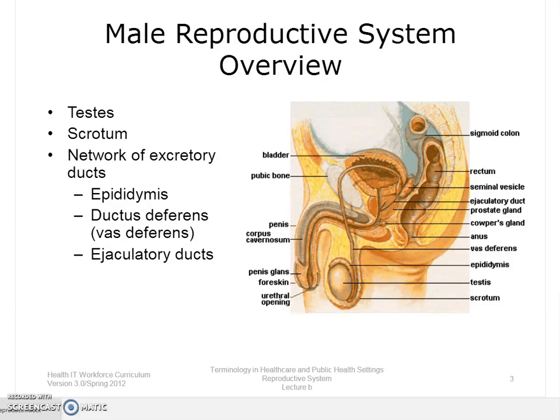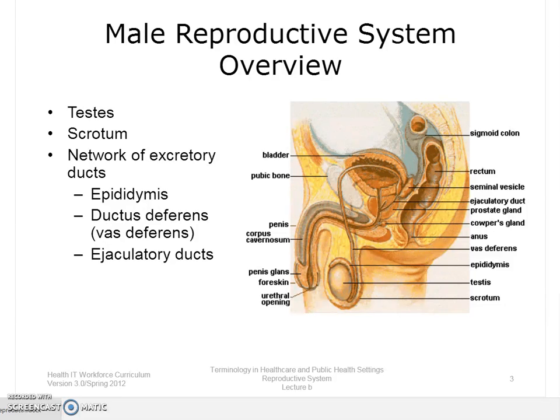The male reproductive system produces the male hormone testosterone. It also produces sperm for copulation. The testes are two egg-shaped organs inside the scrotum, which is the loose sac of skin located behind the penis. Sperm cells are produced in the testes and are moved up into the body through the vas deferens. The vas deferens joins the urethra, which is a tube that opens to the outside of the body through the